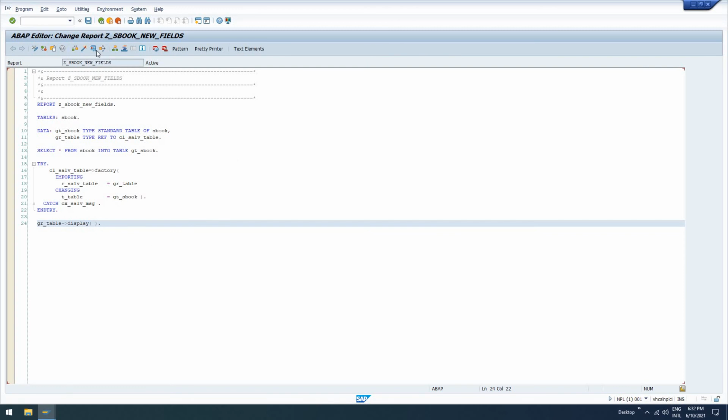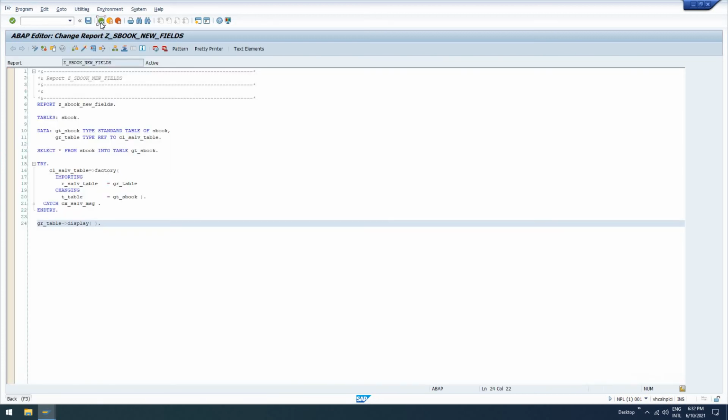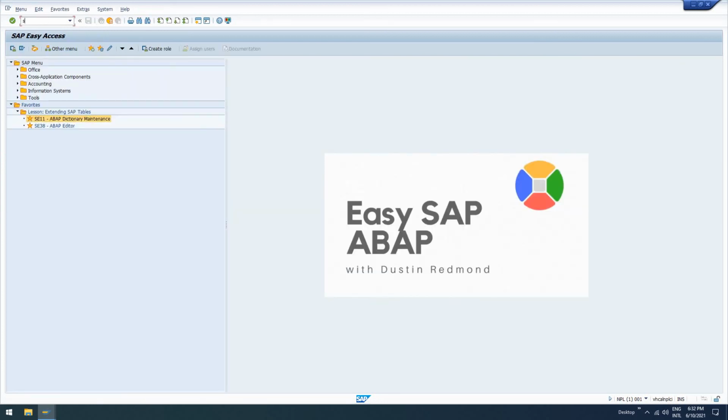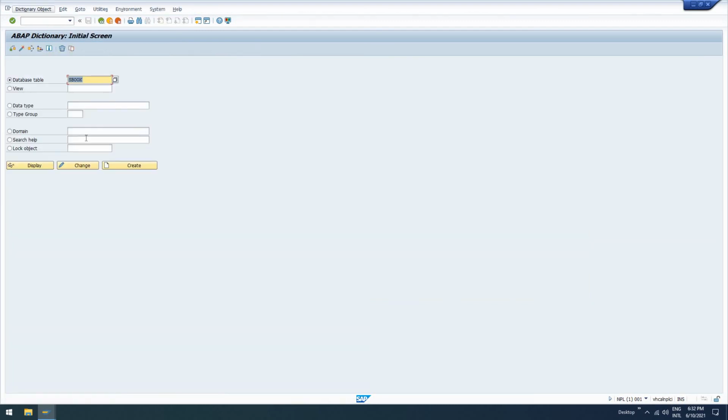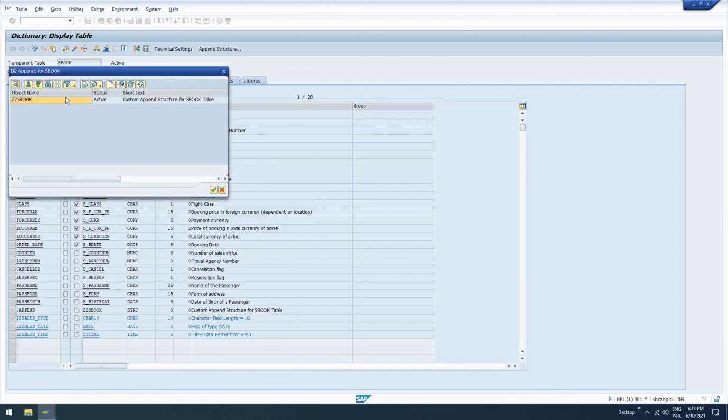So you'll notice, like I said, guys, you do have those fields towards the end there, and because this is a data dictionary field, you can see the help for it there, the tooltip, and it's got a name. This data dictionary field doesn't necessarily have all that. So if we wanted to go in and enhance that, we could go back into SE11, display our SBOOK table again. We see our fields down here. Go to our append structure,